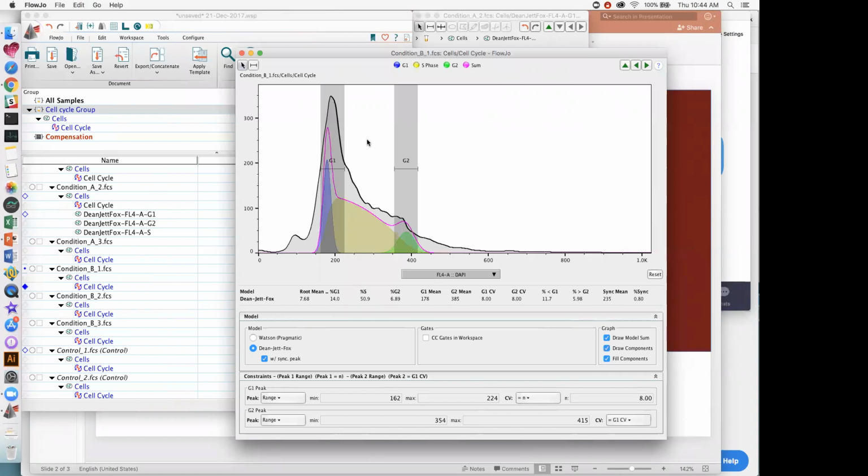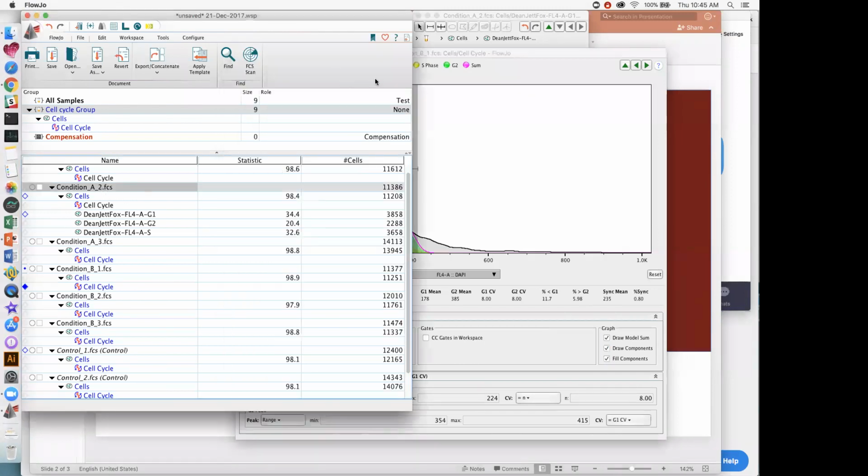Yeah, so if you're under a value of 10, it's pretty good. But again, the RMS, I'm giving you that as a benchmark because it's not going to be the same from model to model or from experiment to experiment. It really depends on how many events you've collected in your experiment and how many are actually going into the model itself. So for example, when we're looking at the cells population here that I have for condition A, we